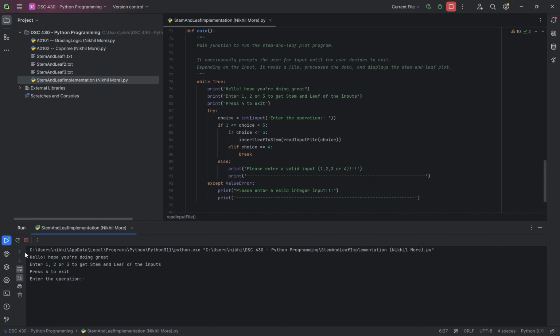We have try and except error handling over here, so basically if the user enters invalid input, it handles that error. If the choice is between 1, 2 and 3, it runs, and at 4 the program would exit. When it is between 1, 2 and 3, it would call the read input file function, which would basically